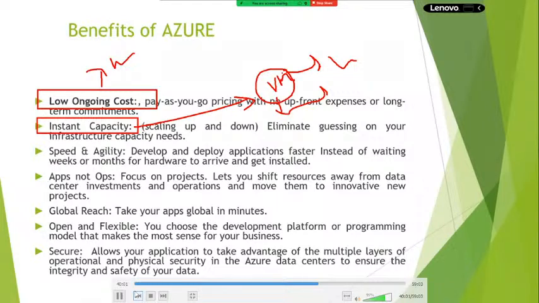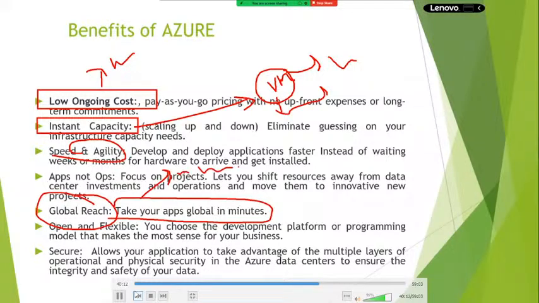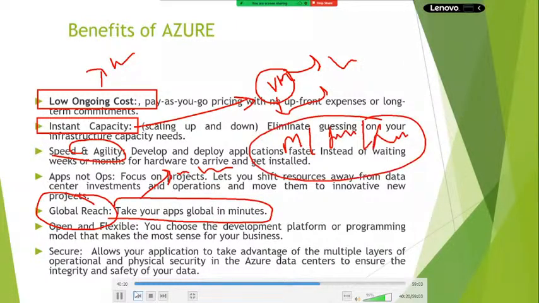Okay, next, speed and agility. Next, global reach. You know, right? Your data can be distributed across the globe in minutes. Why are Microsoft, Google and Facebook applications very fast, even though they have billions of customers all around the world?